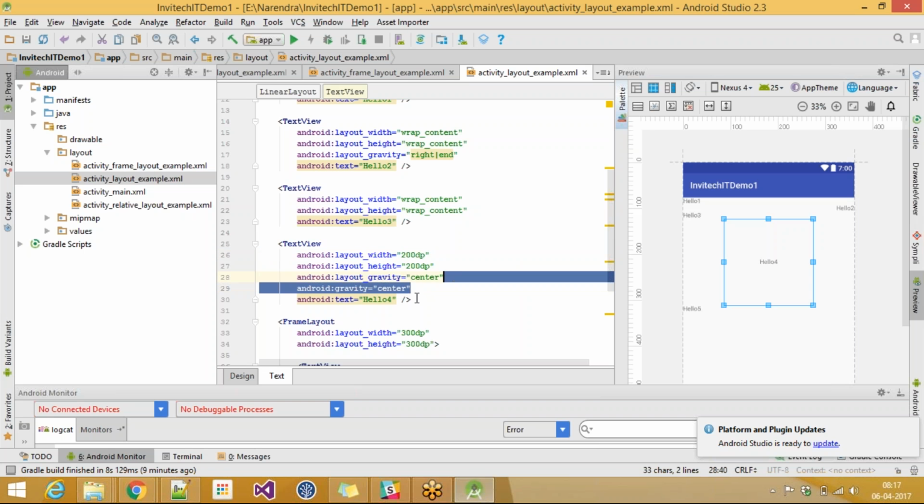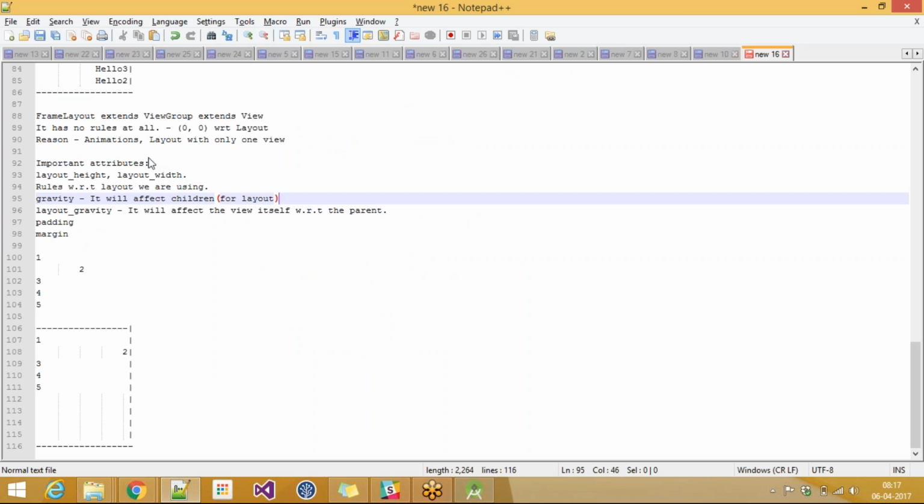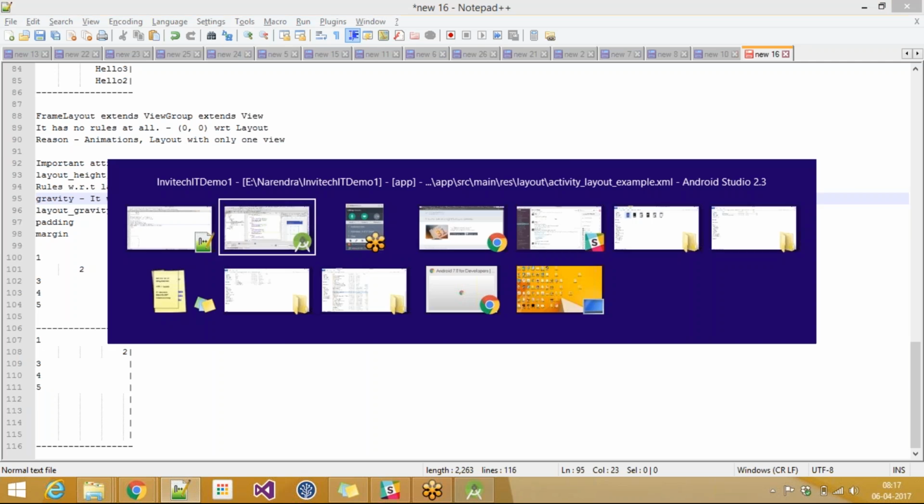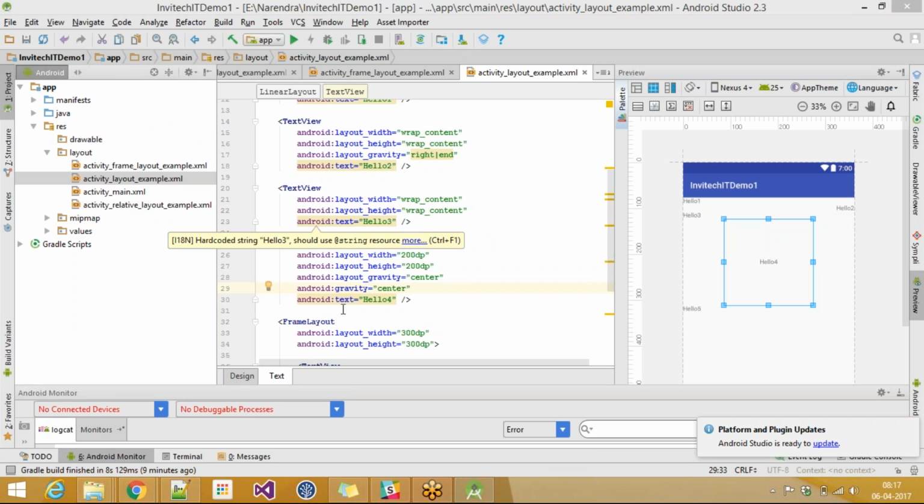సో గ్రావిటీ అనేది ఇక్కడ డెఫినేషన్ కొద్దిగా మారుస్తాం. ఇట్ విల్ అఫెక్ట్ ద చిల్డ్రన్ అని కాకుండా ఇట్ విల్ అఫెక్ట్ ద కంటెంట్ ఆఫ్ ద వ్యూ. వ్యూ అంటే లేఅవుట్ కూడా ఒక వ్యూ కాబట్టి ఇట్ విల్ అఫెక్ట్ ద కంటెంట్ ఆఫ్ ద వ్యూ. లేఅవుట్ గ్రావిటీ అని తీసుకుంటే మనకు ఆ వ్యూ అఫెక్ట్ అవుతుంది విత్ రెస్పెక్ట్ టు ద పేరెంట్. సో ఈ గ్రావిటీ అని యూజ్ చేసినప్పుడు